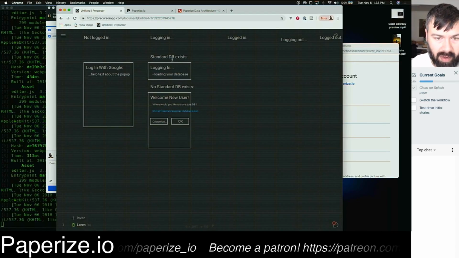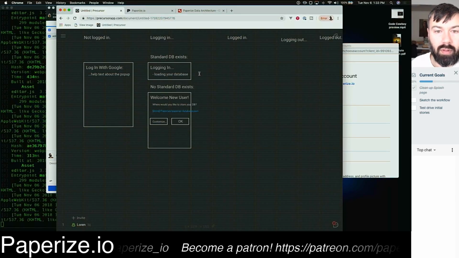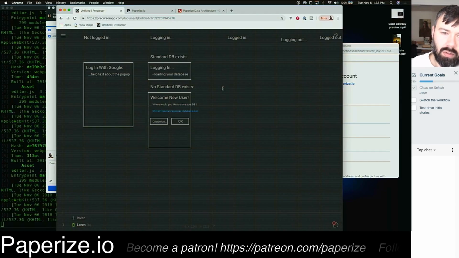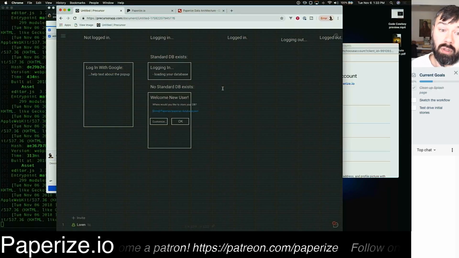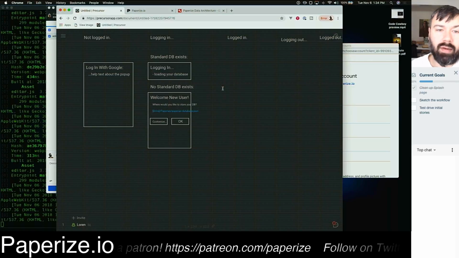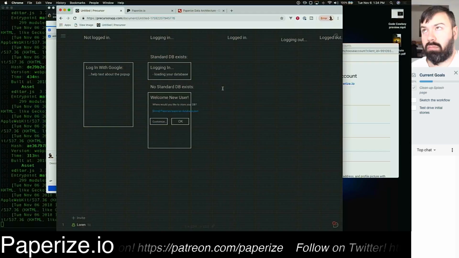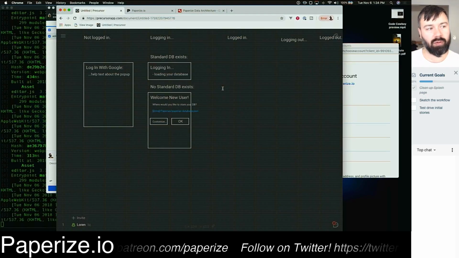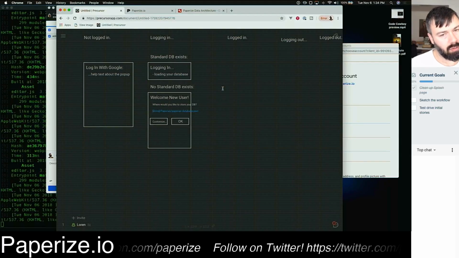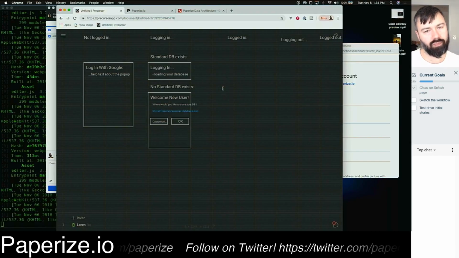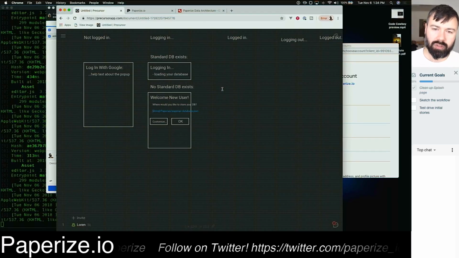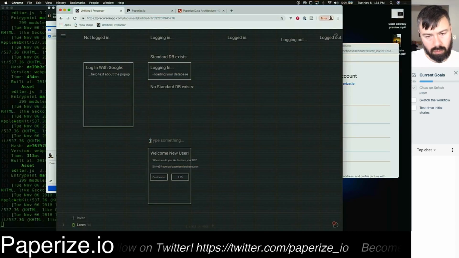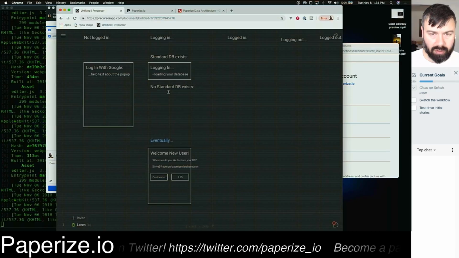So right, if it found one there, it just starts loading it. And if they decide they want to use a different one, they can click something that'll bring this up. Anyway, where would you like to store your DB? You know what? I don't need to be doing any of this. Users aren't used to having multiple DBs in the first place, right? You go to a website, you don't expect Google to ask which of our databases. They don't give you that option. So this is a newfangled thing in the first place, and I just need to get the standard thing working. So this is an eventual thing. Eventually that. But today,